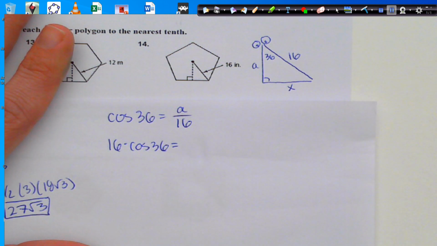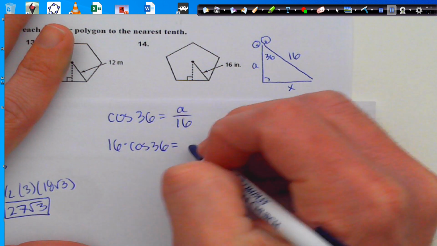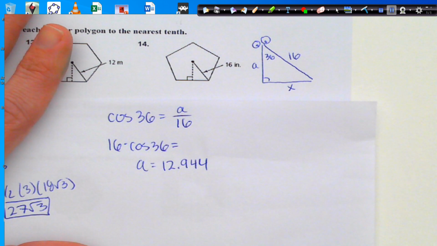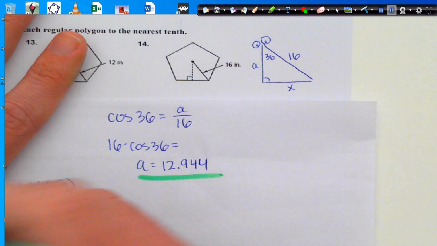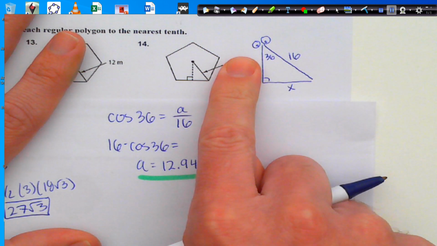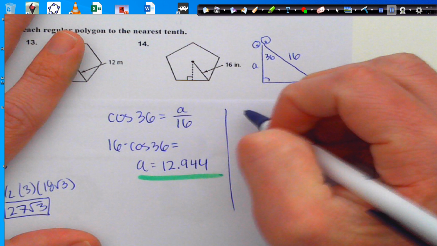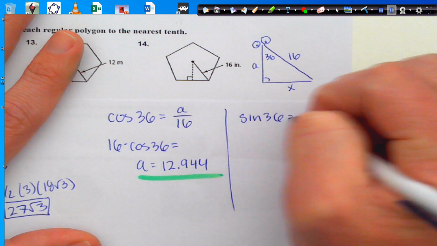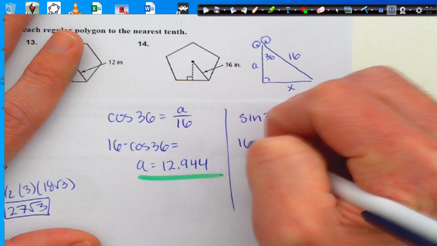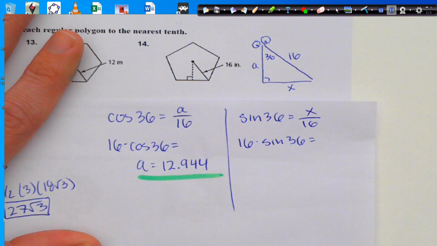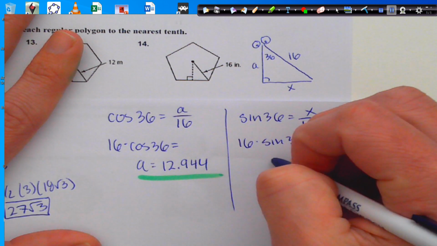16 times the cosine of 36. So we get the apothem is equal to 12.944. So there's my apothem. Like I said, much faster doing it that way. Okay, and then we're going to look for X, which is only half a side length. So then we're going to do sine, because it's opposite over hypotenuse. So sine of 36 equals X over 16. Multiply that 16 out. So 16 times sine 36 is equal to, X is equal to